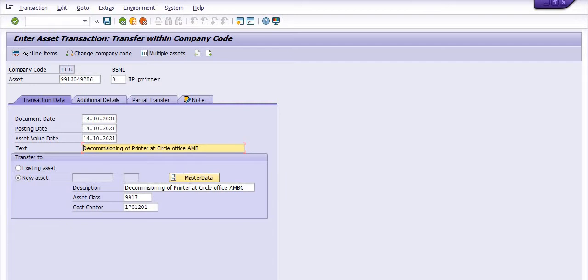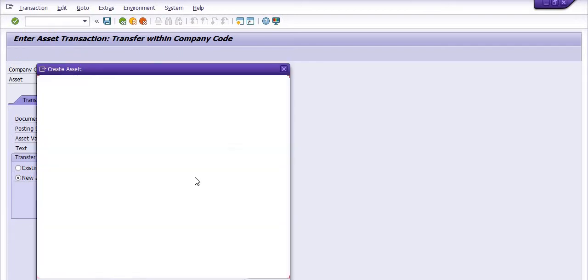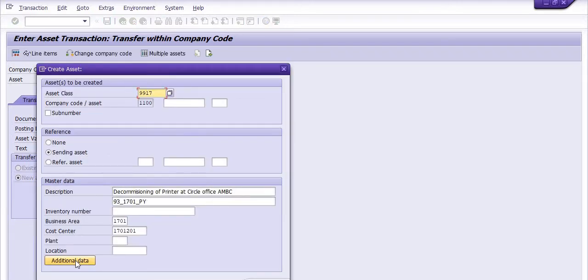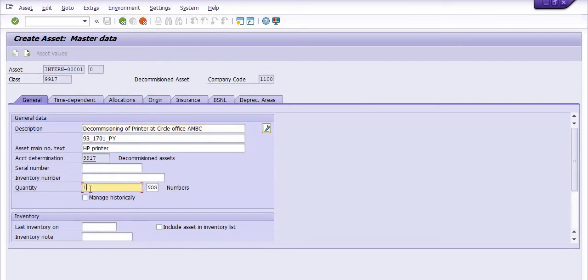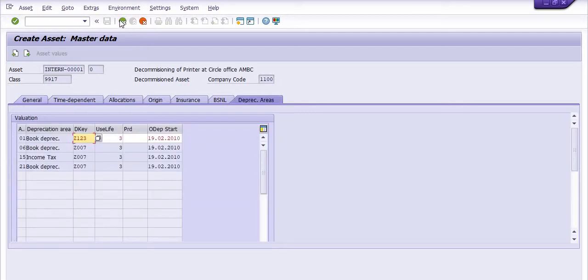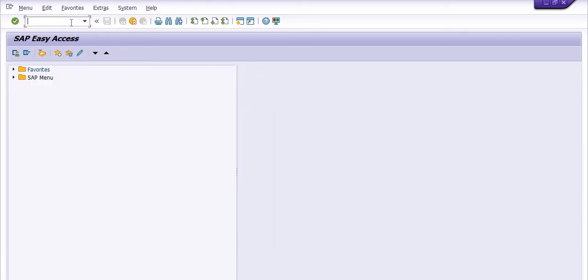Click on transaction data, go in the master data. In the master data, go in the additional data, and here you need to fill the quantity as one. Go back and repeat again.